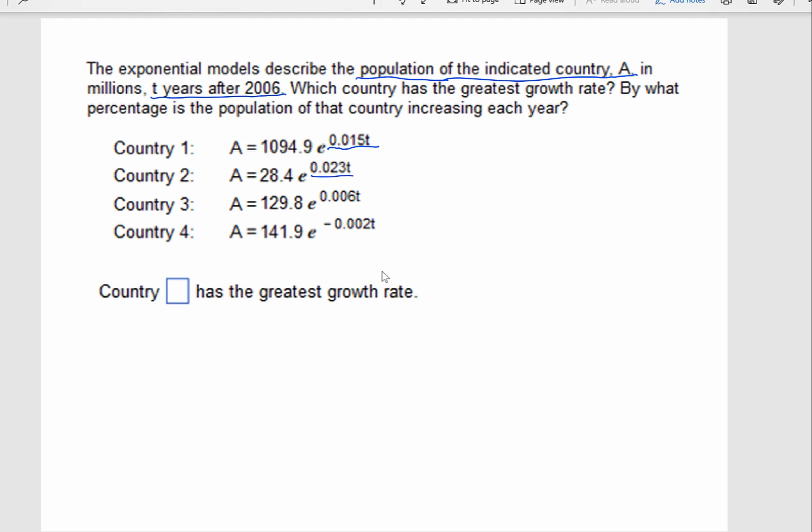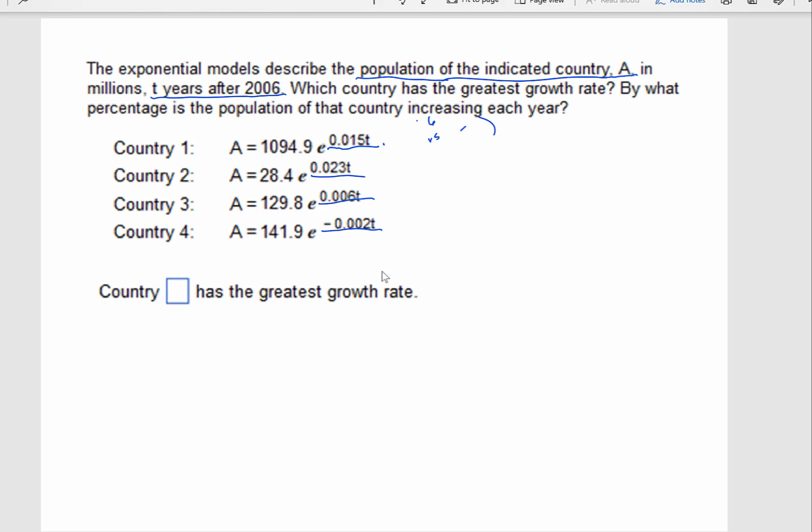the exponent. T is years after 2006. And then the growth will be that decimal before T. And it's giving us a decimal, right? But it says that they're wanting to know the percentage. So